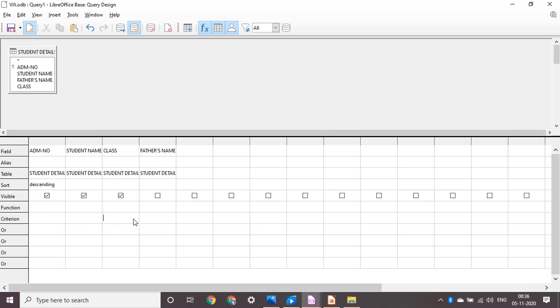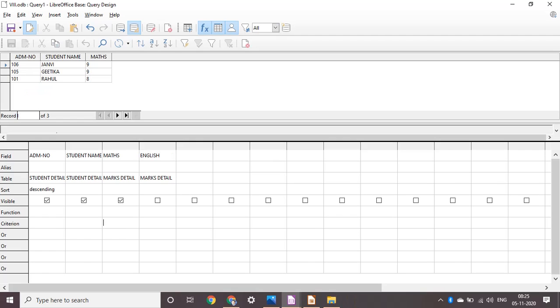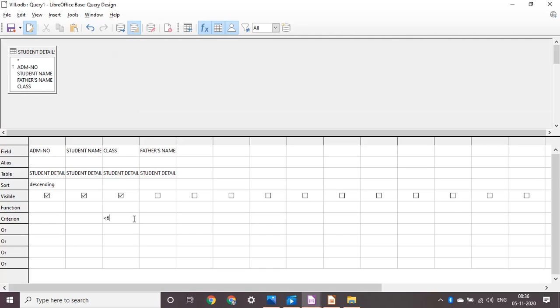Suppose I want to display the names of the students whose class is less than 6. That is the condition according to which I want to create the query. Now we have the run query option. We can use the F5 option also, and this is the icon.